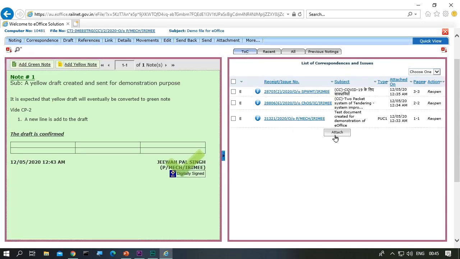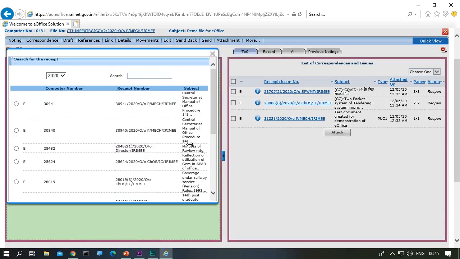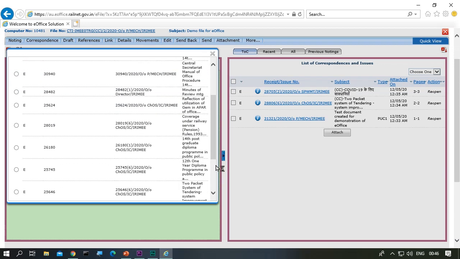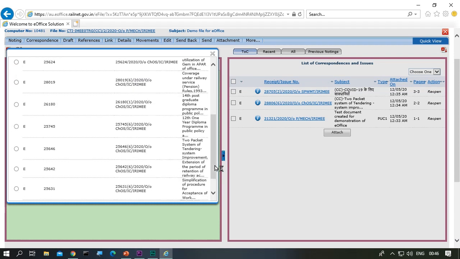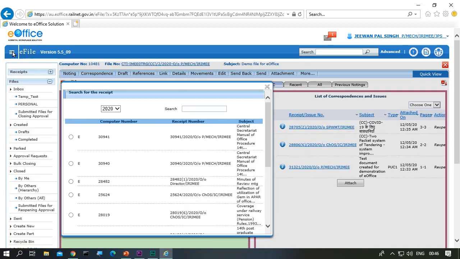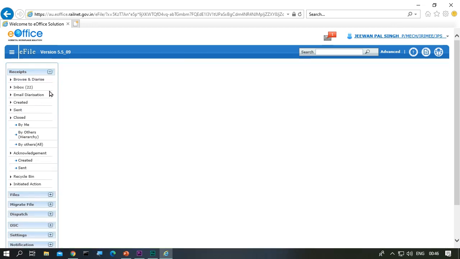Now we can again look at the table of content, and if required we can attach more receipts on the CP side. Or just go ahead and diarize a fresh letter.